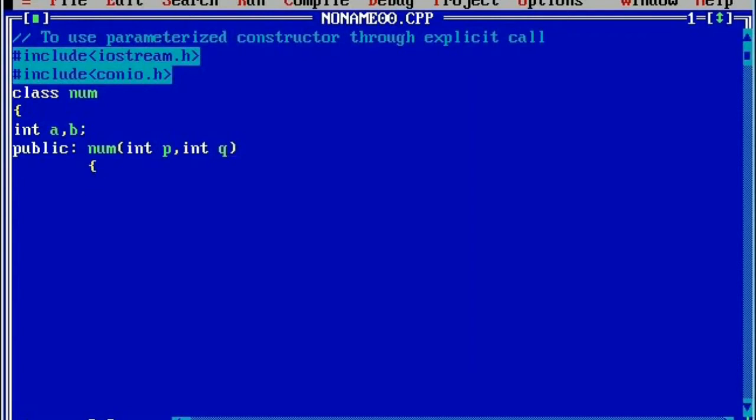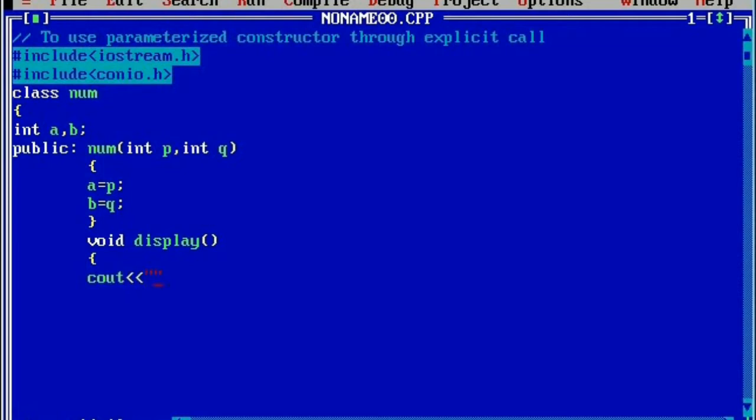Normally constructors are used to initialize data members of the class. Here the data members of the class are A and B. So A is initialized with the value p, that is, p is assigning its value to A, and then B is equal to q, then curly closing brace. Next we are going to define a normal function which is used to display the result, that is void display, and here we are going to write cout.